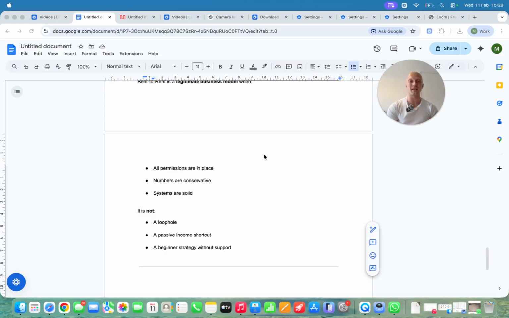But that being said, done correctly, rent-to-rent can be a huge money maker and a huge opportunity maker, and can 100% generate you enough cash flow, like it has for myself, to leave your 9 to 5 and be financially free. Okay, so let's get to the